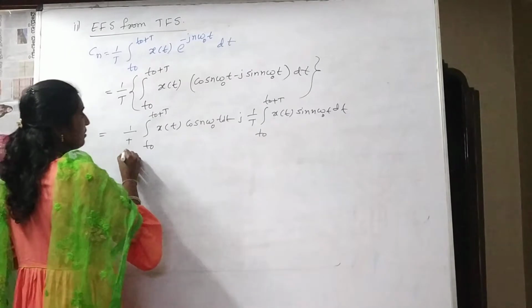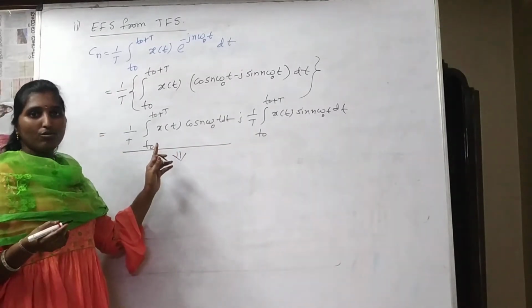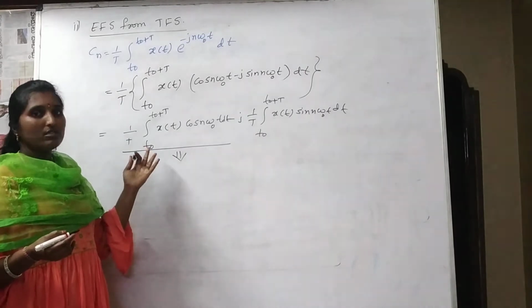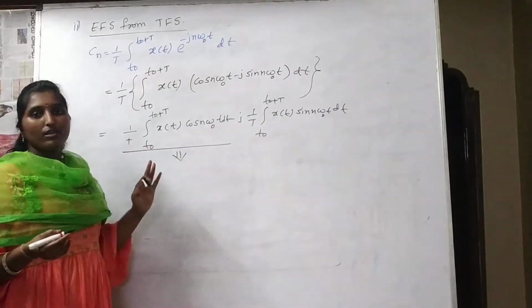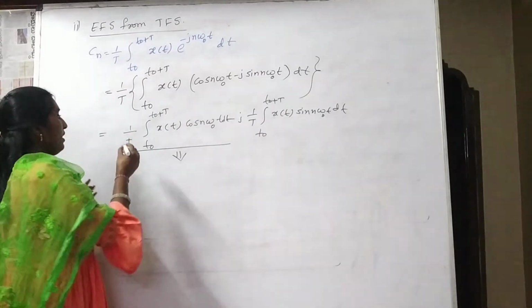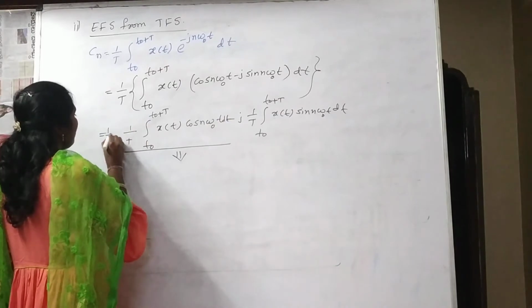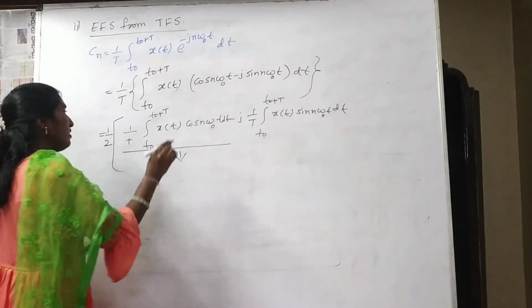Did you see this Fourier coefficient formula anywhere? Yes, it's obvious. It looks like the trigonometric Fourier coefficient, but here the 2 is missing. Arrange the 2 for the two terms.